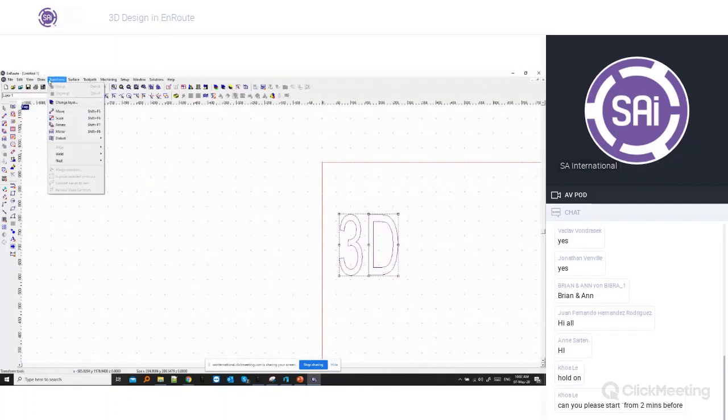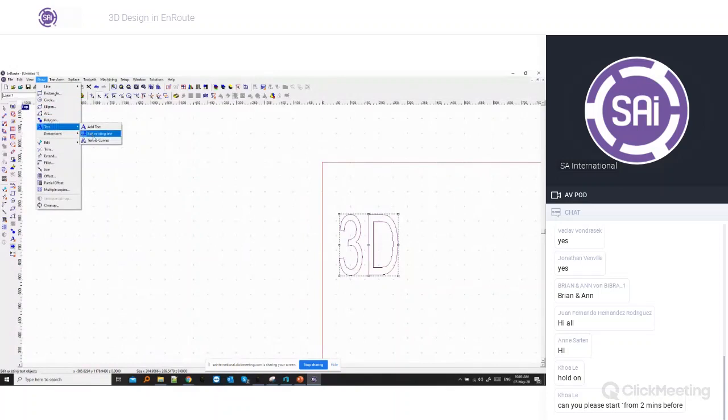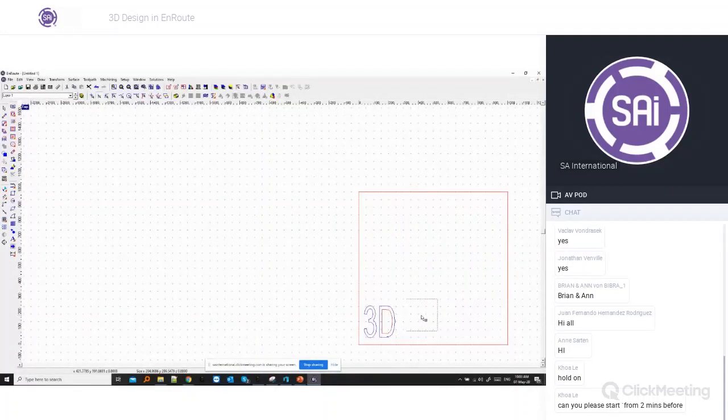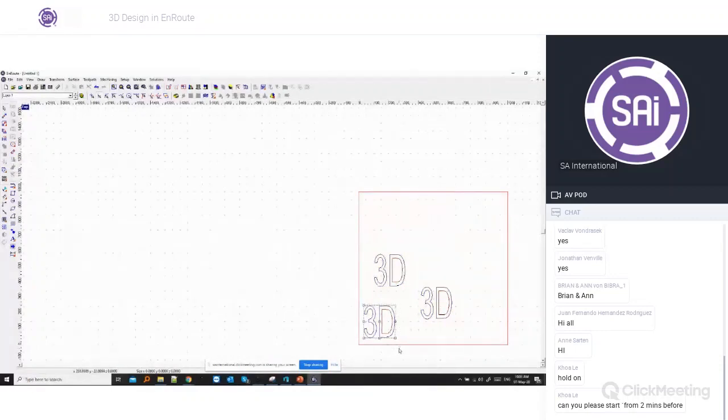Before I can start working with this, I will have to convert the text to curves. I'll do that through the draw menu under text curves. And then we will make a few copies of this text. As you can see, one of the contours is red and the others are blue. This means that